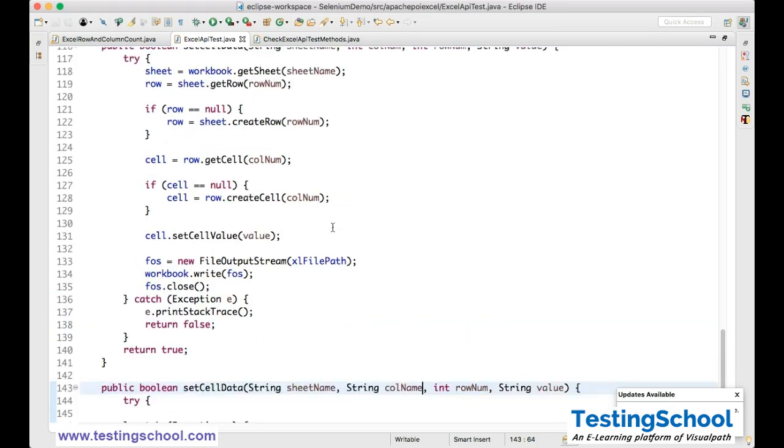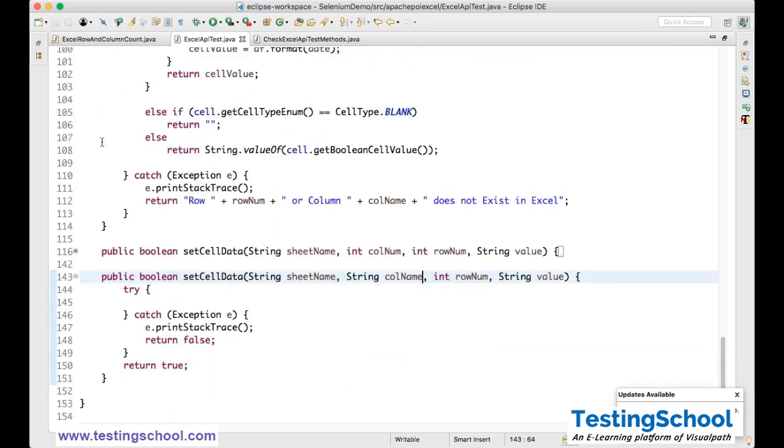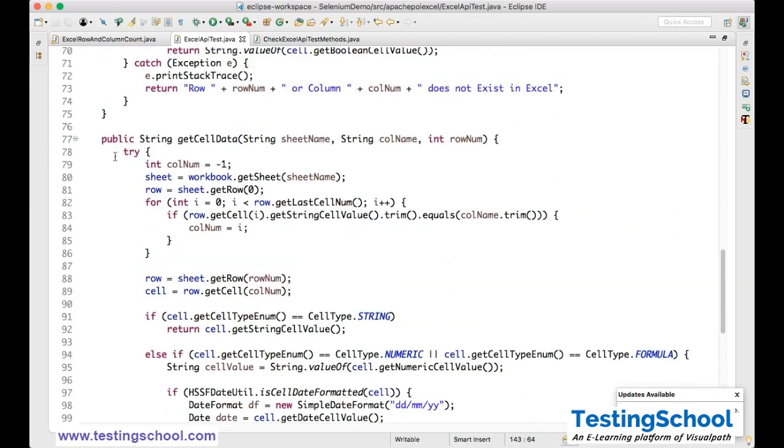We need to find the column number, how we did here. The column name, how we did the same thing, right? The same logic will apply. That's it. Using column name I'll find the column number,